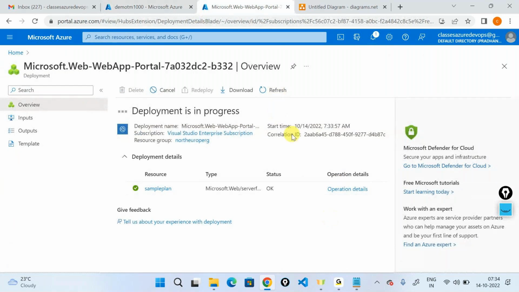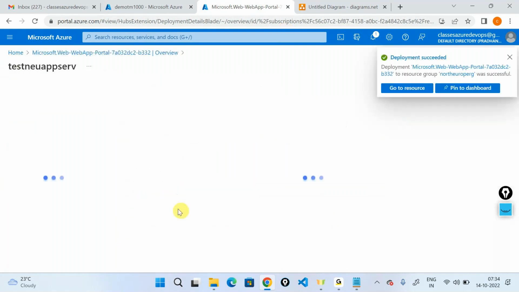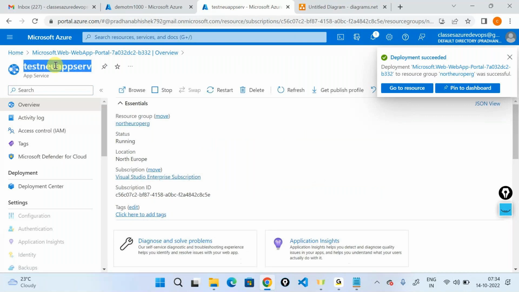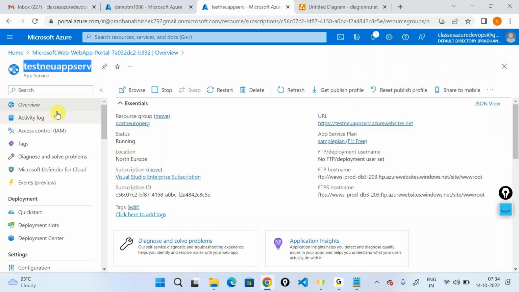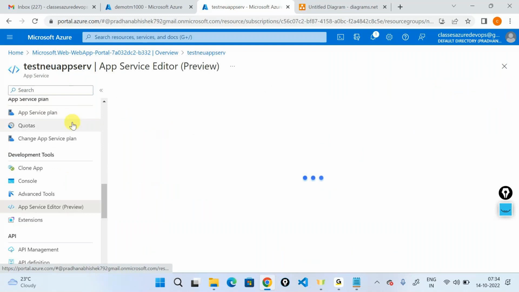And once this is created, I'll go ahead and edit the app service one real quick second. In a quick minute, I'll go ahead and edit it out. And once I edit it, so let's go to the resource. Now North Europe is now added, and in here it's running in the North Europe location right now, and just scroll down. I have the app service editor. I'll just go to the app service editor, edit it out, so that I have a sample HTML page where I can write hello from North Europe or something like that. So let's go ahead and do that. And once I've done that,